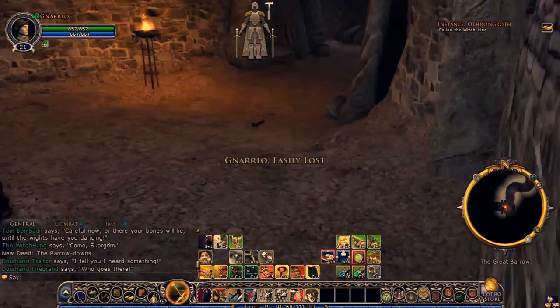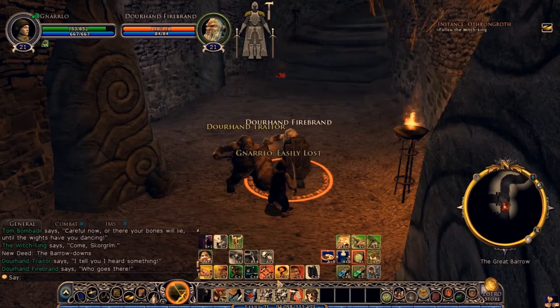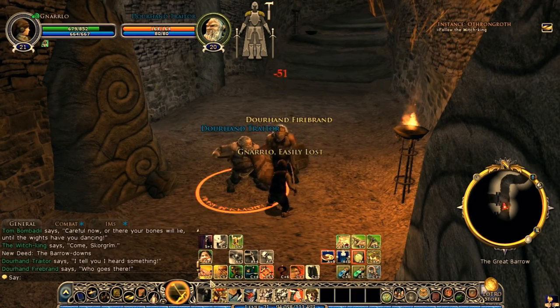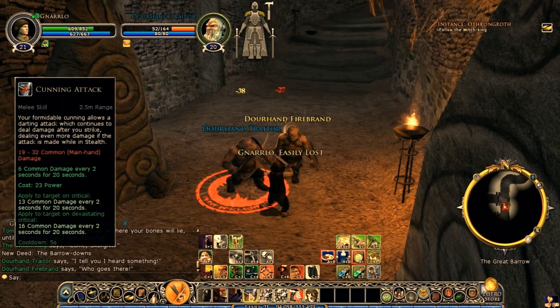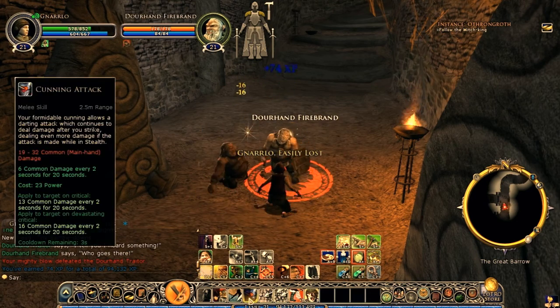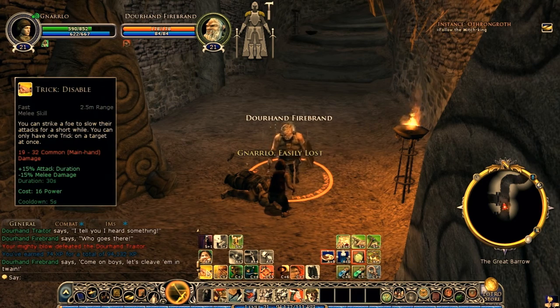Are they gonna be too good for us? Oop. Yep, they're a little too powerful. Let's riddle that one. Take him out of the fight and take out the other one. That's one thing about these barrows, is you see a lot of these swarms like this. Alright, let's go ahead and...